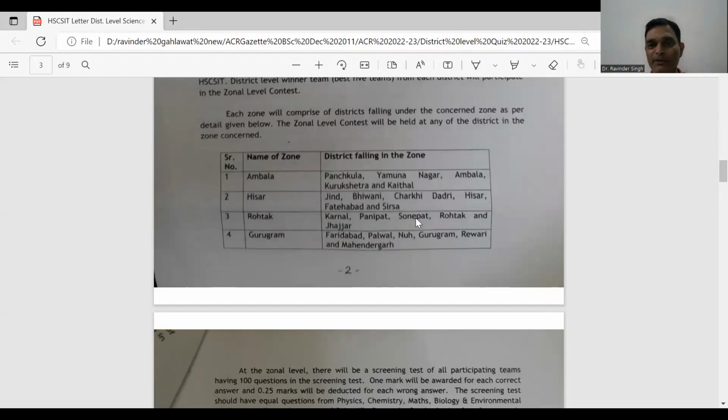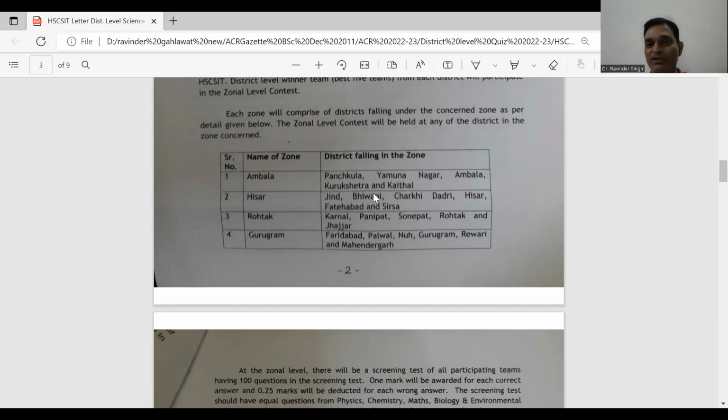जो रोहतक जोन है उसके अंदर करनाल, पानीपत, सोनीपत, रोहतक और झज्जर, हर डिस्ट्रिक्ट से 5 टीम्स होंगी, मींस 5 5 जा 25। ये जो 25 टीम्स होंगी, दे विल फाइट अगेन इन द जोनल लेवल साइंस क्विज कंपटीशन। सिमिलरली नंबर 1 जो अंबाला जोन है उसमें पंचकुला, यमुनानगर, अंबाला, कुरुक्षेत्र, कैथल, इन डिस्ट्रिक्ट से, हर डिस्ट्रिक्ट से 5 टीम मींस 25 वो फर्दर फाइट करेंगे आपस में। जोनल लेवल का जो कंपटीशन अंबाला में होगा।